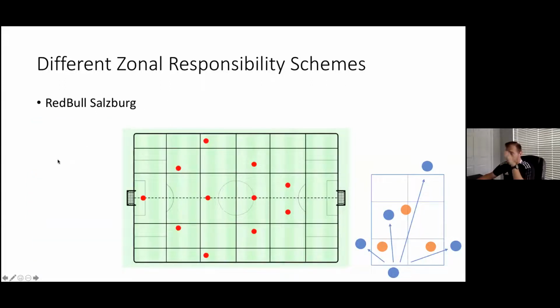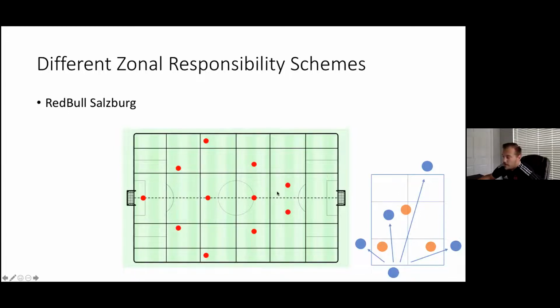Red Bull Salzburg, which is a team that I visited and was able to see how they teach their way of playing in possession. This was more in 2017, 2018 time. They use 6 vertical channels. So you have the really narrow wings where the fullbacks go up and down. You have the interior channel that's a little bit wider with the attacking midfielders and the center backs. You have a central channel that's split into 2 lanes. So a striker on each side. You have an attacking midfielder that can go to either side, a 6 that can go to either side to make sure they're in different lines. And then obviously the same thing on the other side.